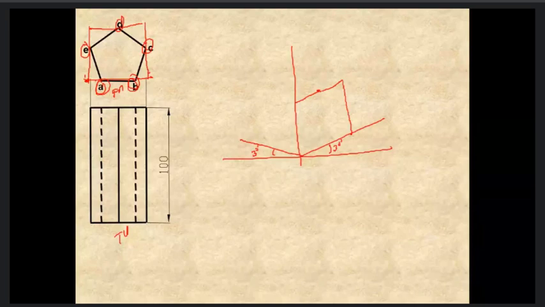Or, as I drew earlier, you can do it like this as well. You have drawn a line at 30 degree. You have drawn a line at an angle of 45 degree. Here you measure 100. Draw a vertical line. What is this distance? This will be your AB. You have converted 100 into the isometric scale.